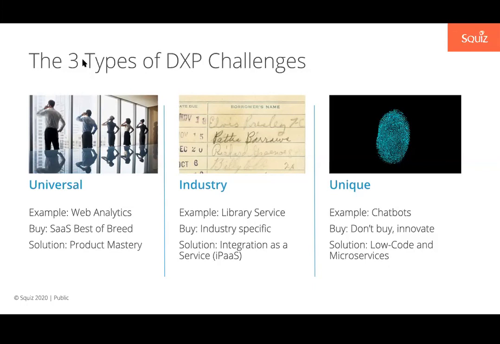Let's use libraries as an example. If you've got a system that tracks where the books are and whether they've been checked out, let's say the website that system stands up is poor, which is pretty normal. Because they're focusing their research and development budgets on the core problem they're trying to solve, the other things they're trying to do tend to be very thin and flaky. So they may find that it does a great job of keeping track of which books are checked out and who's got them and what they're going to be reading next.